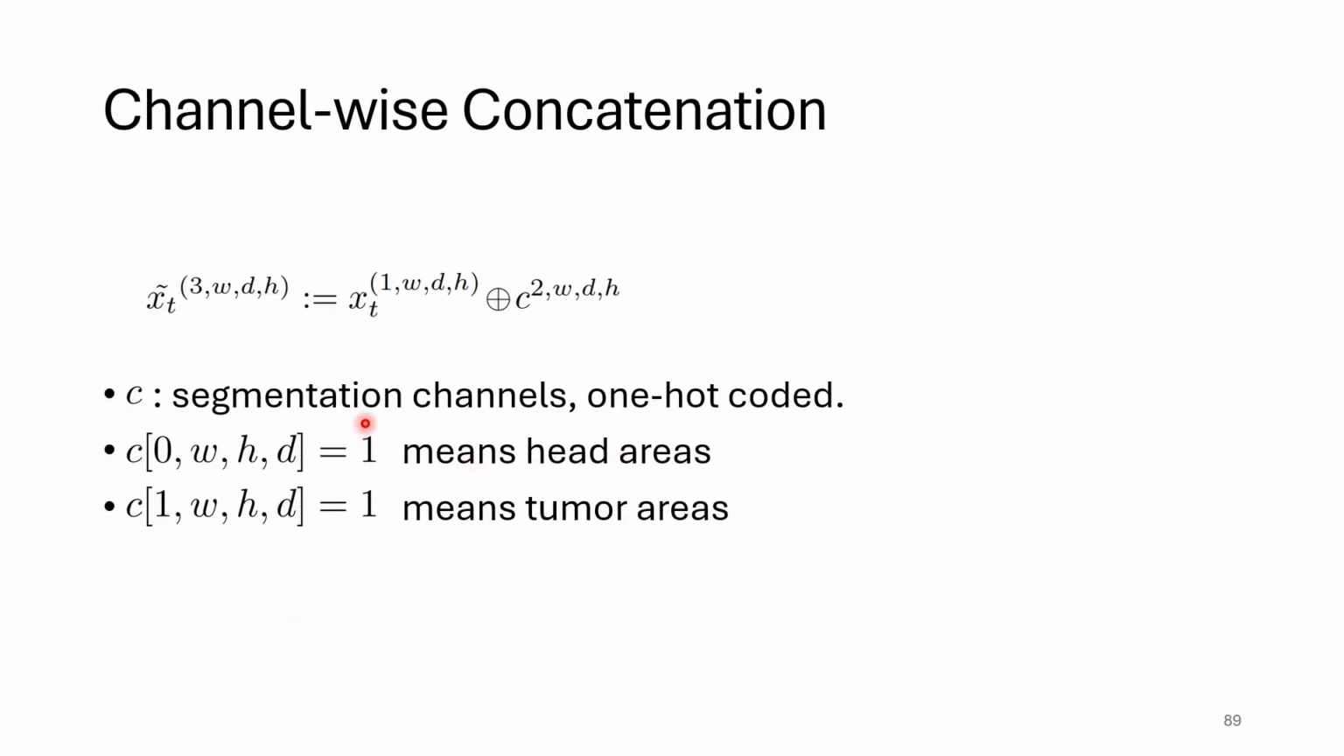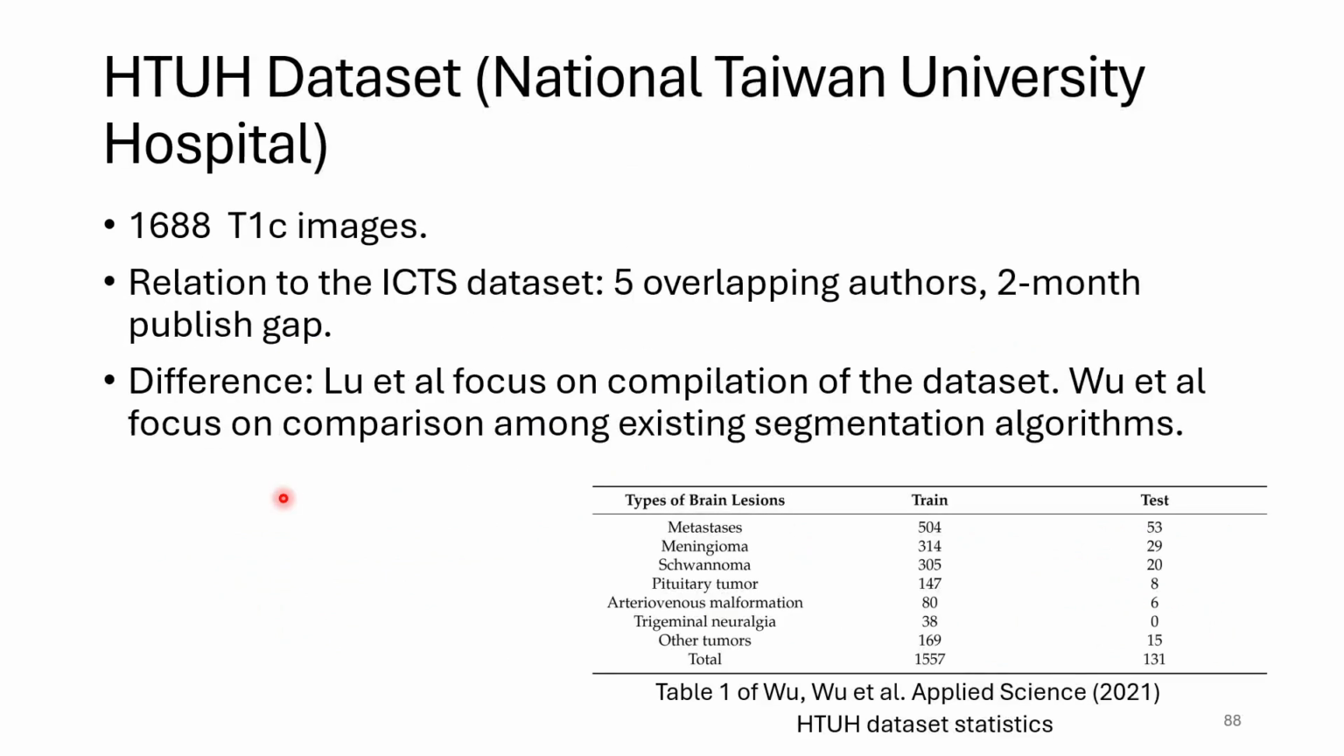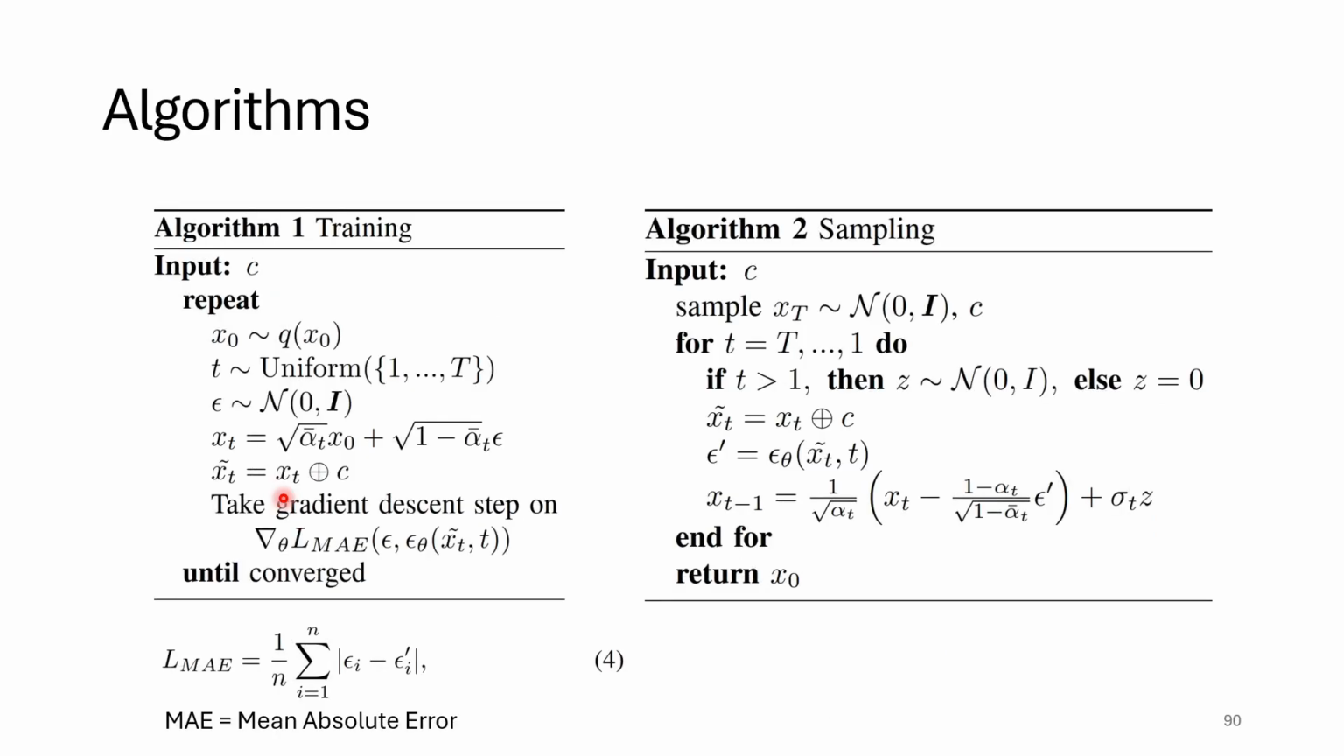It means given a segmentation label, it will be converted into this tensor, and this is a one-hot encoding method. For each channel, it can only be 1 or 0. If it is 1, then it means this is a head area. And for the third channel, if it is 1, it means a tumor. So from the training data, because every training image has a ground truth segmentation label,